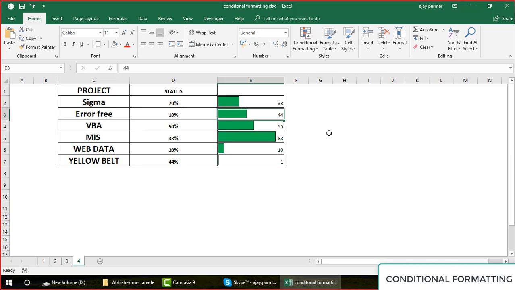If I write here somewhere 100, this is completed. If you write here 97, that is how it looks like, guys. So what is happening here? Your bar graphs are coming, right? And if I put this in the middle, that's how you can use this middle option.